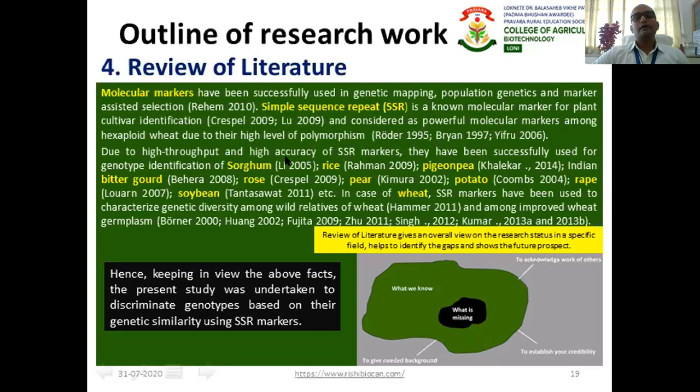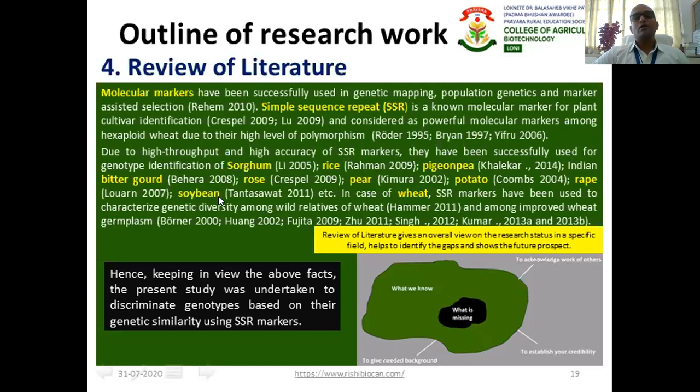Then the scientist mentioned which scientist has used which kind of SSR marker in which kind of crops. For example, some scientists have worked on sorghum, rice, pigeon pea, bitter gourd, rose, pear, potato, rape, wheat, soybean. And he has also given one reference that one scientist has worked on wheat using SSR markers and found out the genetic diversity.